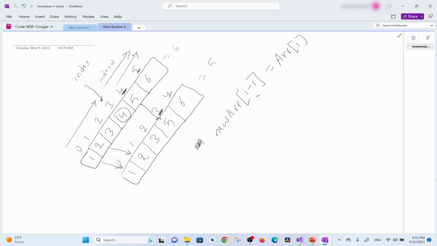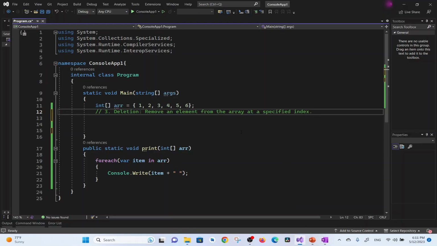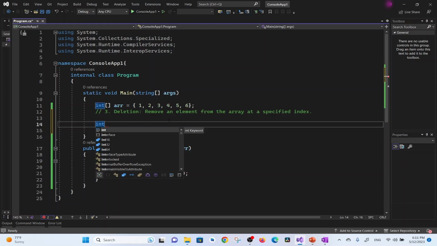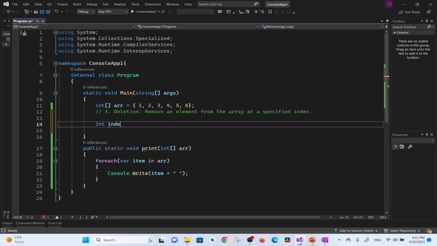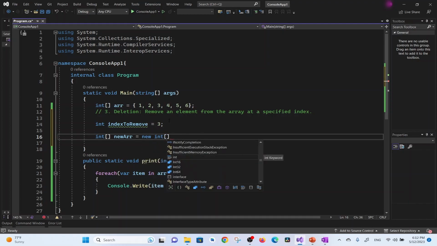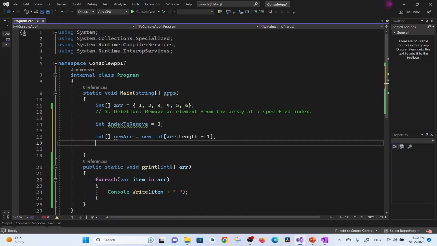So for that, let me first create a new, smaller array. Again, I'm going to hard code the index location. So I'm going to define an integer variable, index to remove, equal to, suppose I want to remove index 3. So what I can do is create a new array, new array equal to new int of old array arr dot length minus 1. I'm going to create a smaller array this time, since I want to delete an element from the old